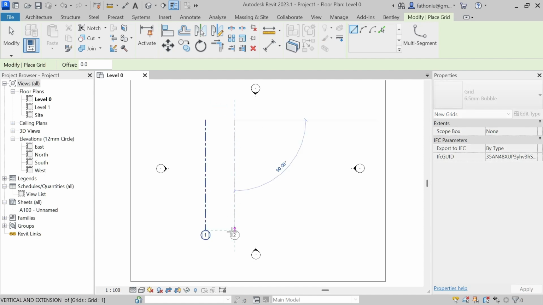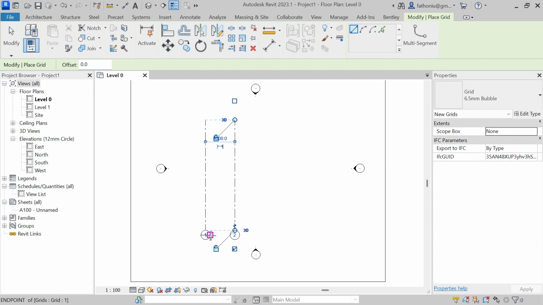Then it will automatically number 1, 2, and 3 later on. Okay, so then let's say I set another one here, 3, but you want to change or modify the spacing. First you press Escape to release the current active command, that is the grid line. So by pressing Escape